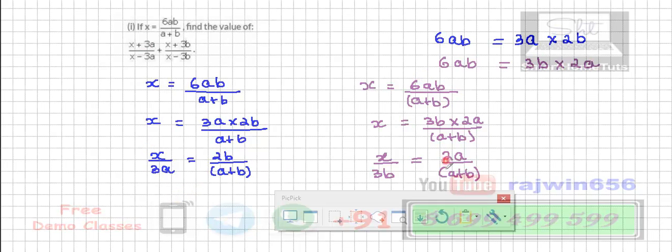Then you are going to copy down the purple part. Then for this you are going to do componendo and dividendo, and what you finally get will be equation number 2, and then you are going to add both those parts and get the final answer. This is the part I am asking you to do on your own.